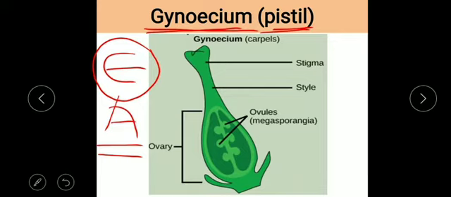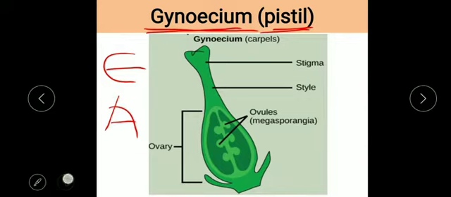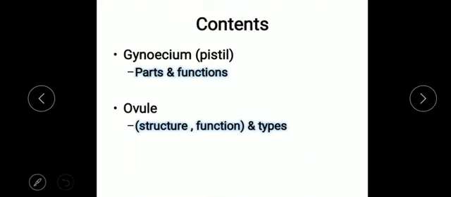Okay, so androecium, that is stamen, I already told you has the anther, filament and connective. The anther produces pollen grains which act as the male gametophyte. And finally I explained how the male gametes develop in the pollen grain. So we have done with the male part or the androecium. Now we are going to start with the female reproductive whorl known as pistil. Okay, so let us start with the pistil.